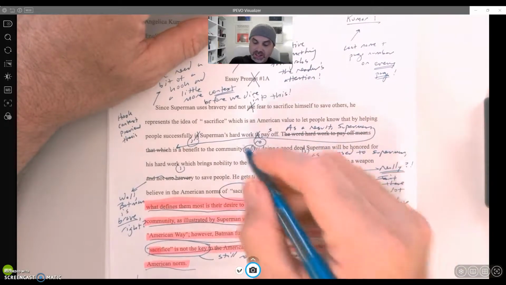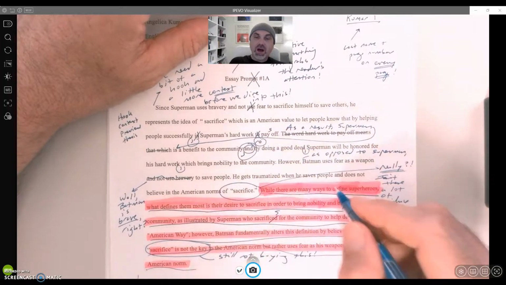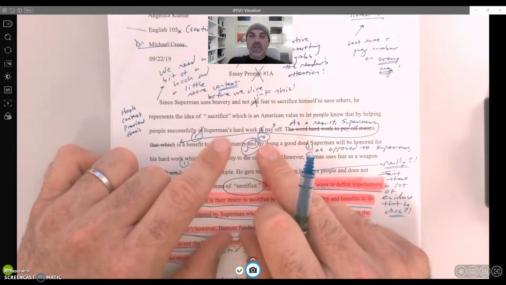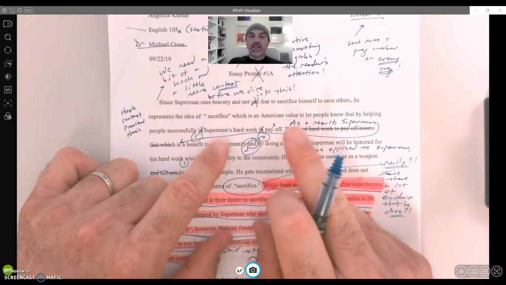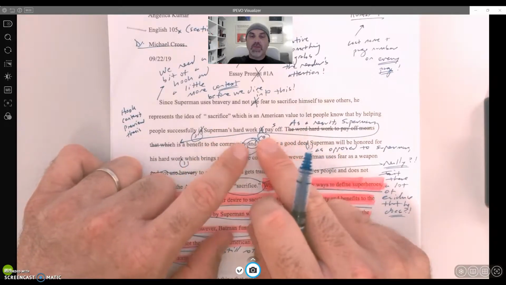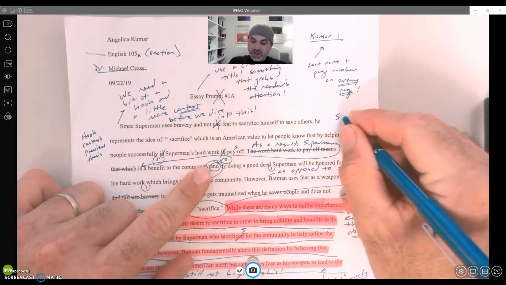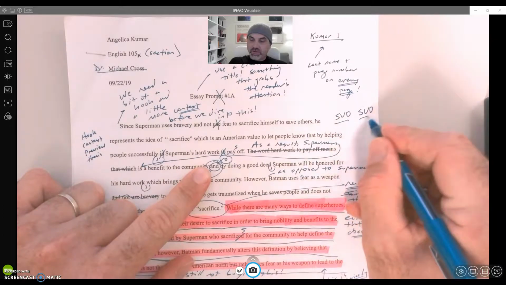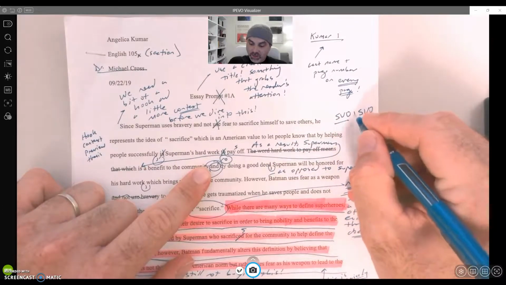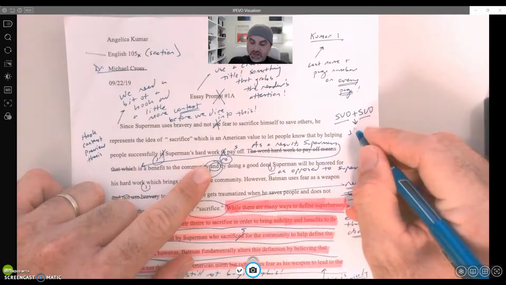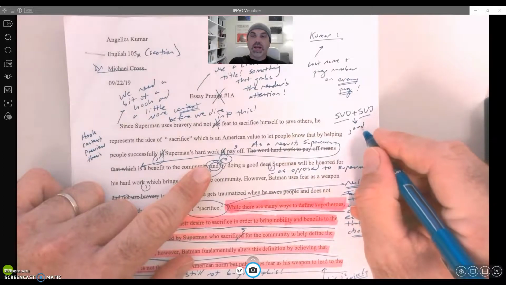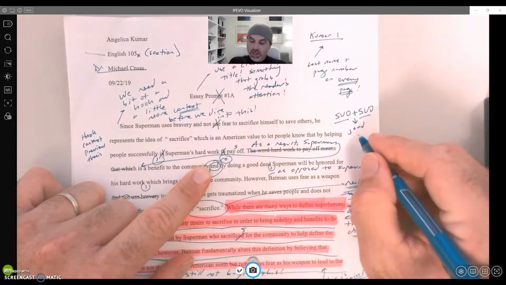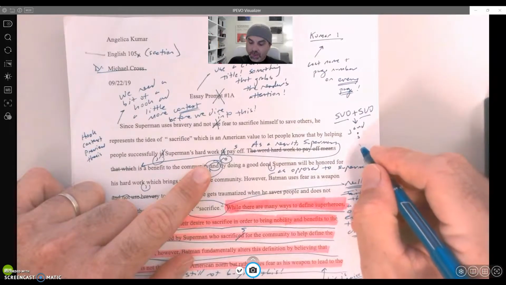Because these are two complete sentences here, you've got to use the comma and the fanboy together. So remember that's the fanboy rule: you can bring together two complete sentences, but if you put them together, remember we use SVO for complete sentences, subject, verb, object. So if we're going to bring these together, we either have to use the comma and a fanboy, and that can be for, and, nor, but, or, yet, so. You can use a semicolon, or you can use a colon.